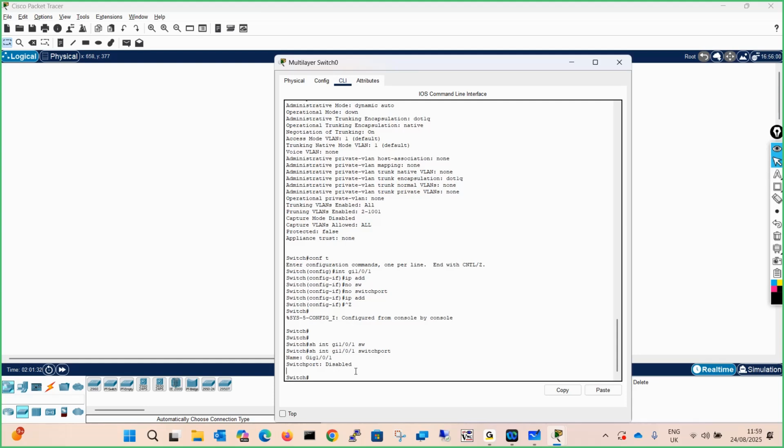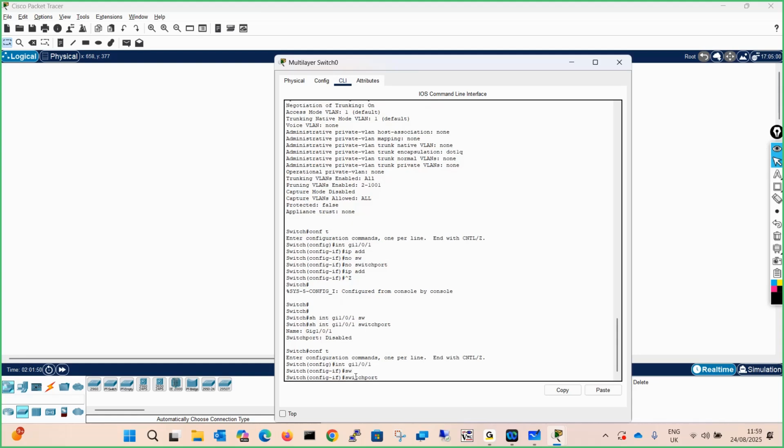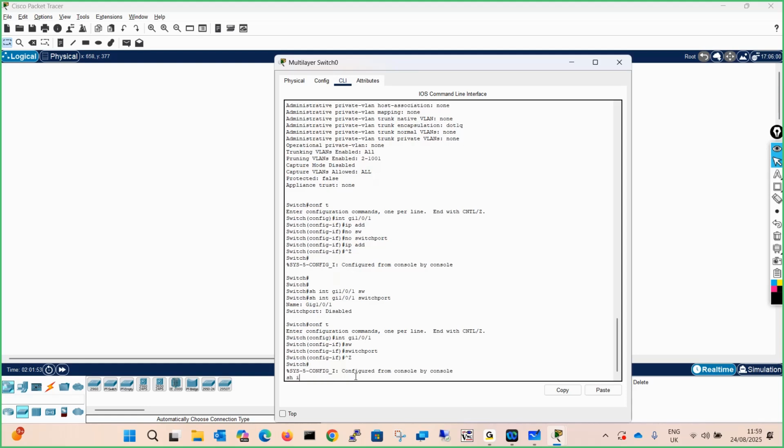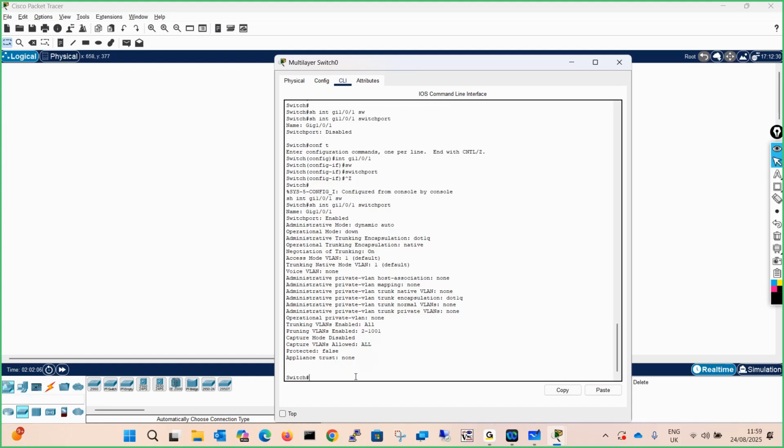So this is how you will configure the port to work as layer 2 or layer 3. If you want to change it, you can. Configure interface Gi1/0/1 and say switch port, and it will change back to layer 2. Now verify with show interface Gi1/0/1 switch port, and it will show all the details. But over here you cannot configure the IP address. If you want to configure the IP address, it should be layer 3.